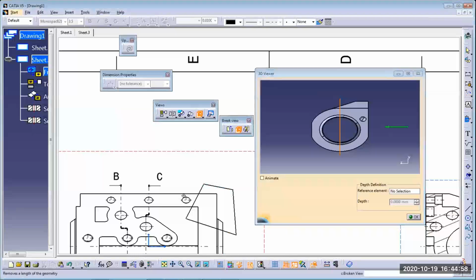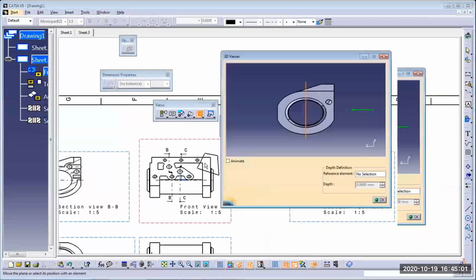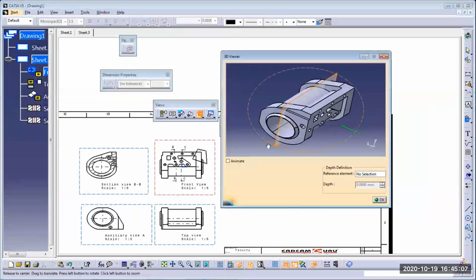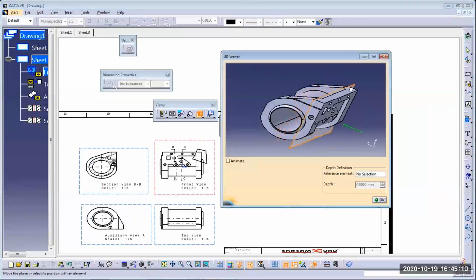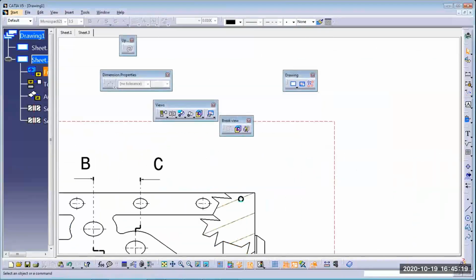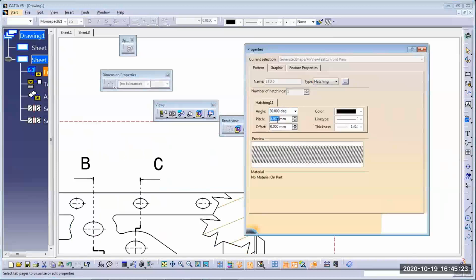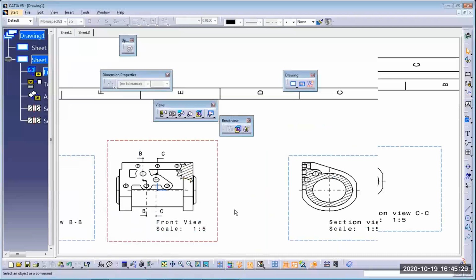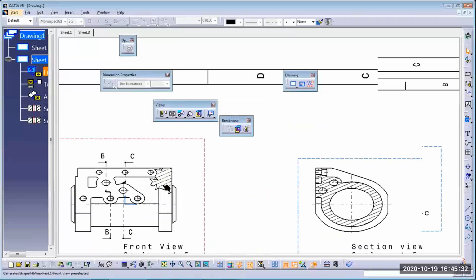Here you can see; understand carefully how to operate this. I want to show the hatch area here. Okay. So up to what depth you want to define that area, you need to consider through this plane. So I'm moving this plane over here and click OK. It will show the hatch area. You can double click and adjust this pitch so that the spacing will be shorter. So this is what a partial breakout view is.